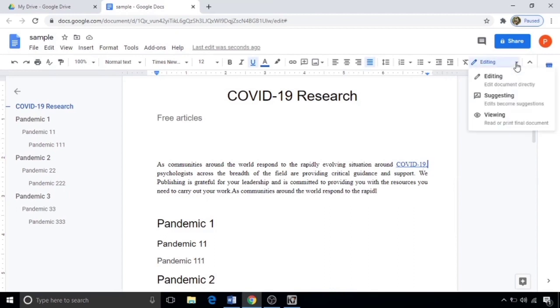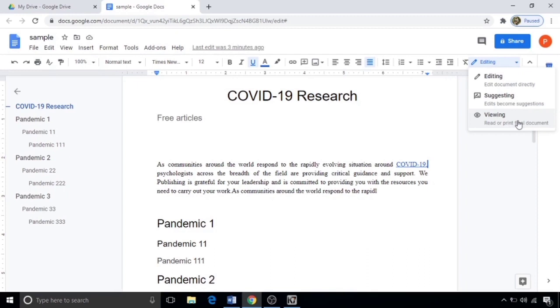See here above, 3 separate modes to collaborate with each other. Now we are in editing mode. If you want to allow your friends or colleagues to edit your document, then select the first option, editing mode. Instead, you can choose the second option if you just want to collect suggestions rather than editing. If you just want your group members to see the file, you can choose the third option.